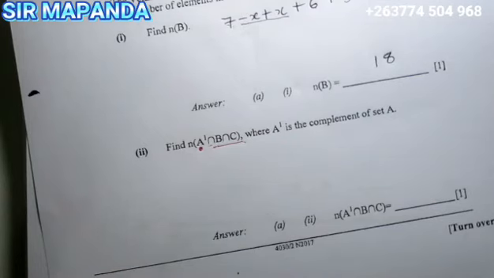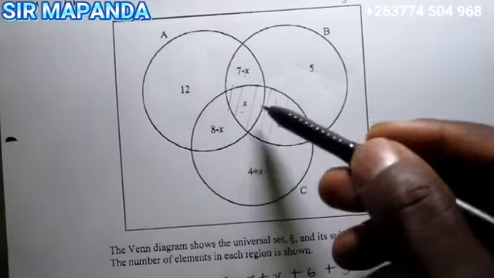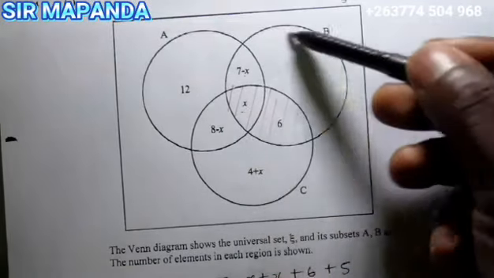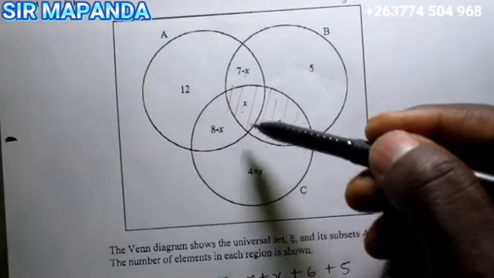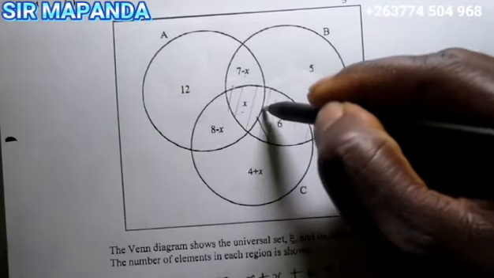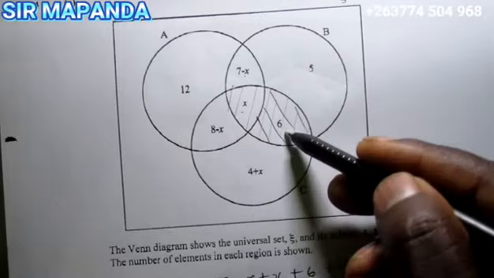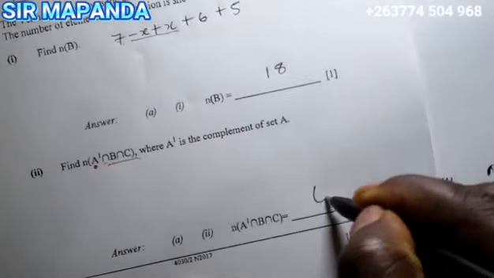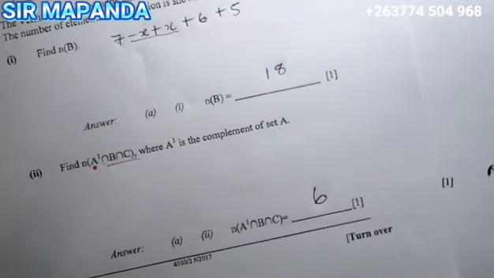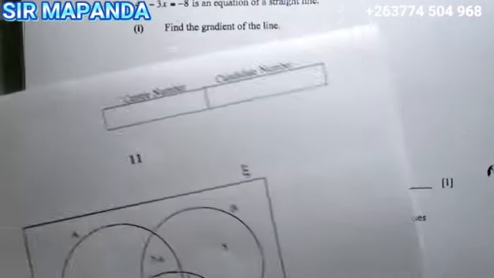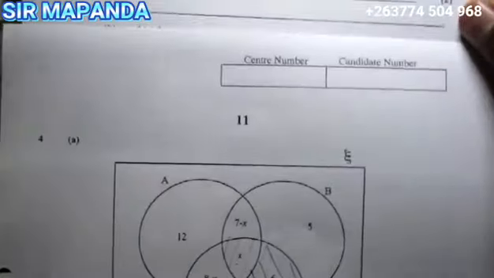So A complement means we need the terms which are not in A. It means that this x, which is part of B intersection C, is now going to be overlooked. So you are going to be left with this part alone, which is 6. I hope you are listening. So the number here required is 6. Then you are home and dry. Right. Then we move on to part